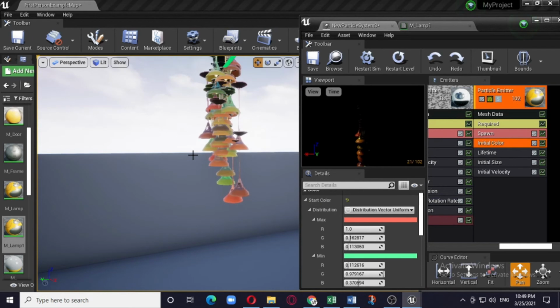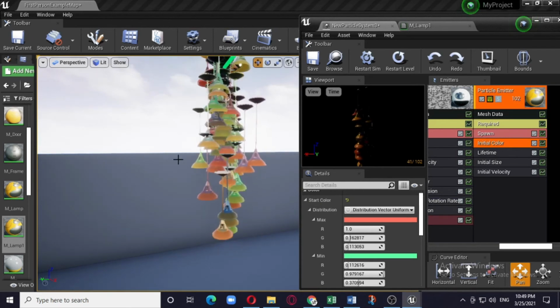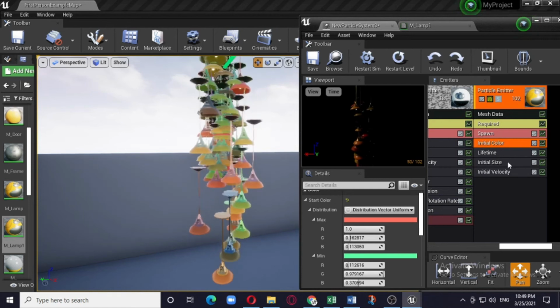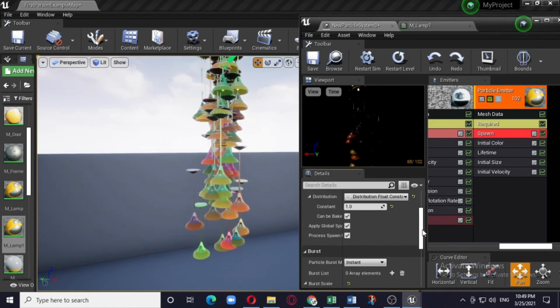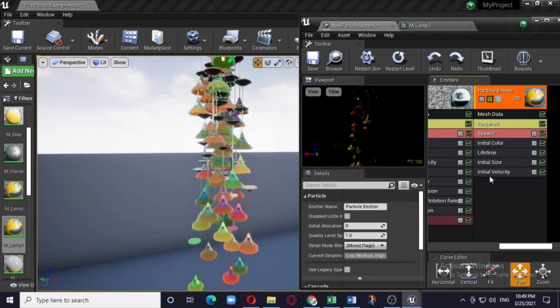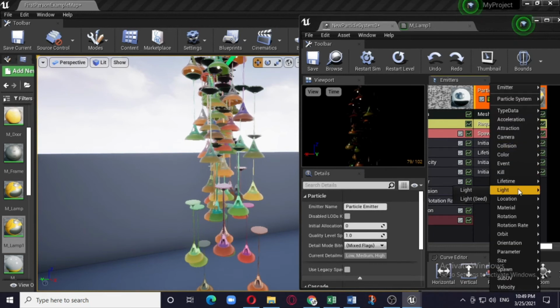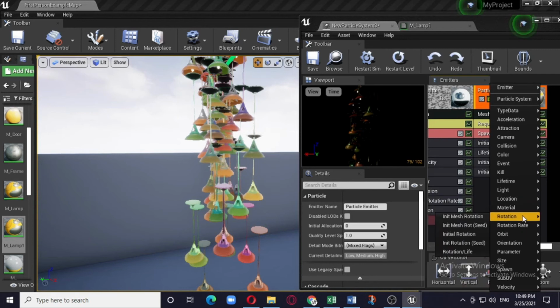Oh, so it is great, a nice. And in the spawn, what you can do is, okay, not spawn, I think what you can do is the initial velocity, or rather what you can do is initial location. Where is this initial location? Where is location?